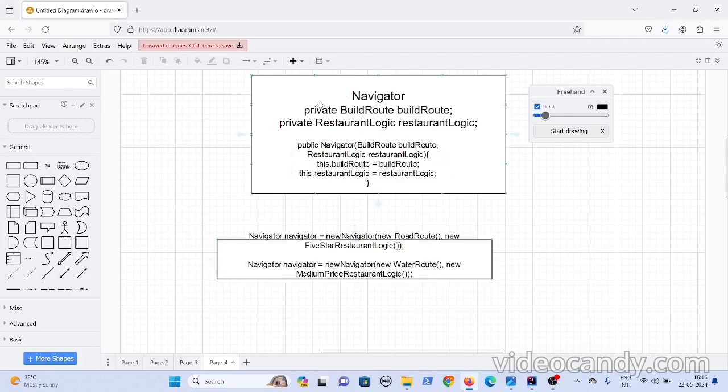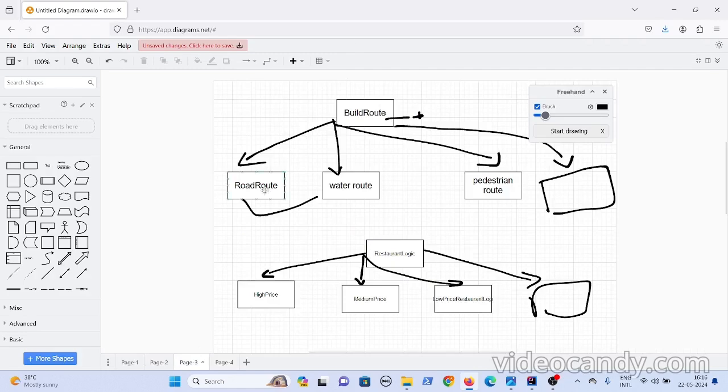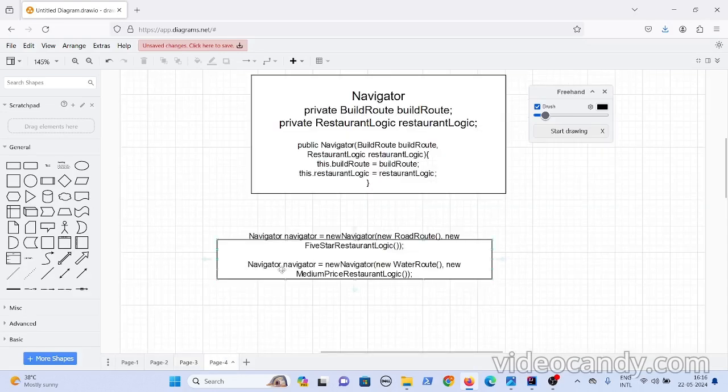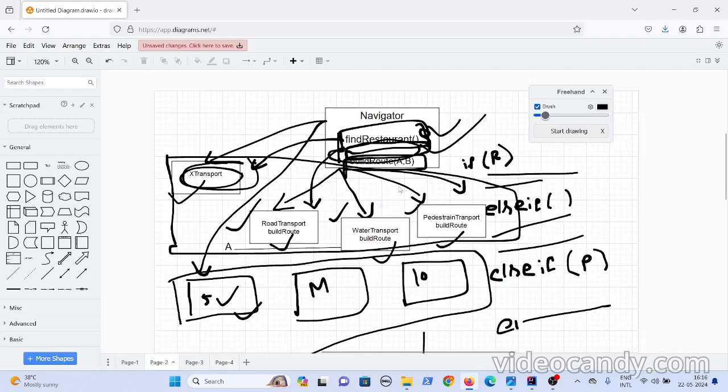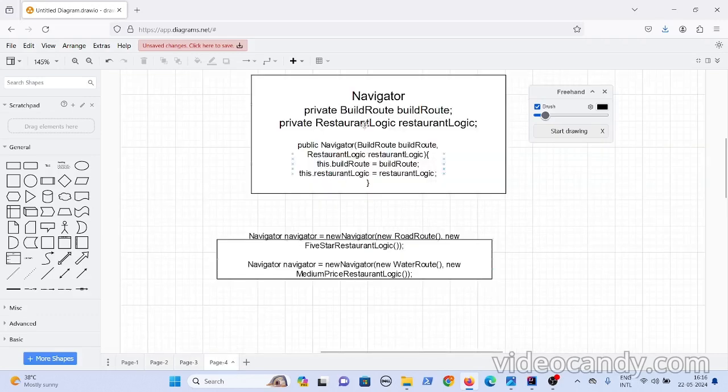But your Navigator class is not touched here. Even the already created road route and water route classes are not touched. It is so simple, right? That's why Java always tells you to prefer composition over inheritance, because you took out the behaviors that vary, put them here, and then used them here.